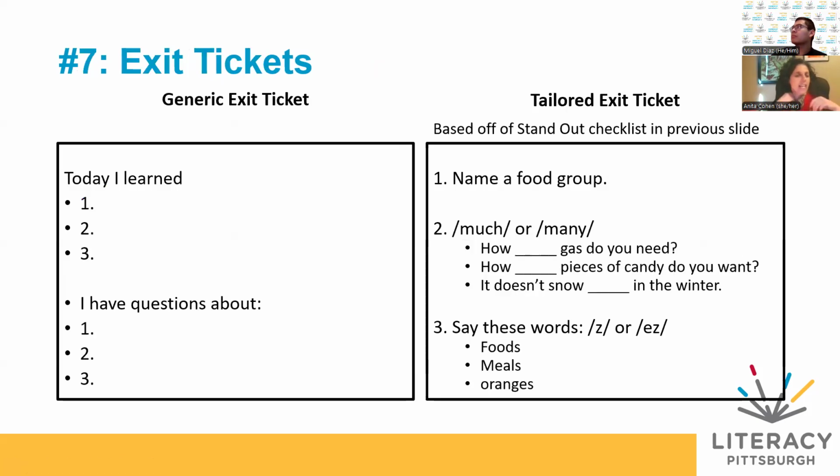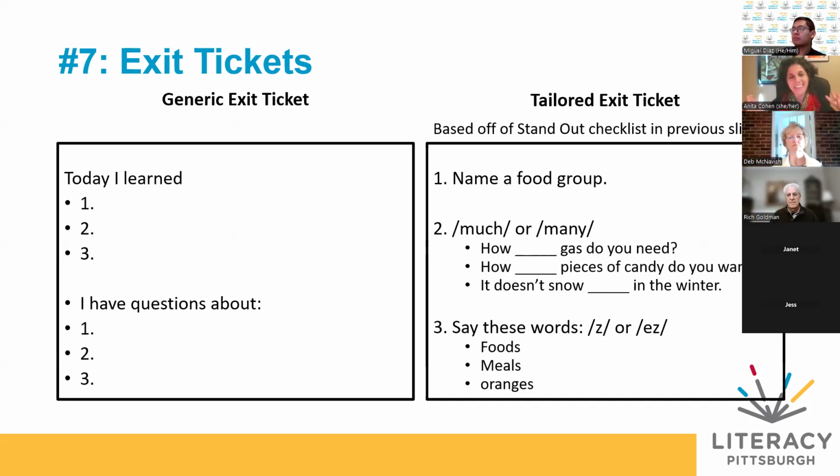An exit ticket. So this would be something you might want to do at the end of your lesson to see if they got the objectives from your lesson. My goodness, we could do another whole session on how to write an objective, but here are 2 examples of some exit tickets. Maybe you just have a generic one that you use every lesson. Tell me 3 things you learned today, or tell me 3 questions you have. And then don't leave the breakout room yet, guys. We got just a little bit more to do.